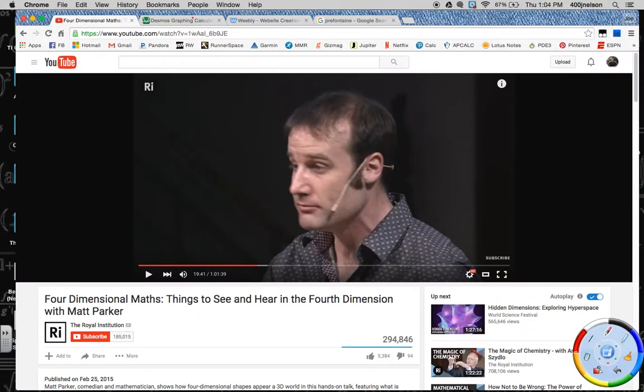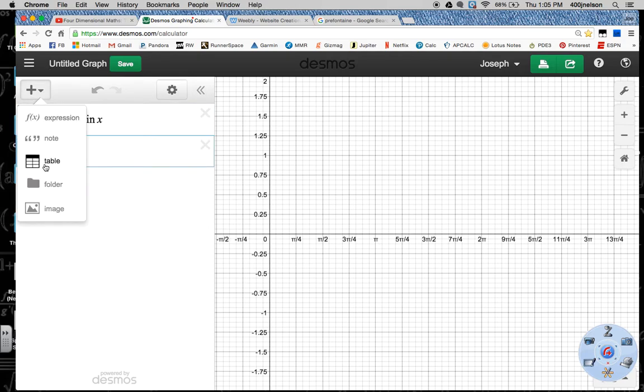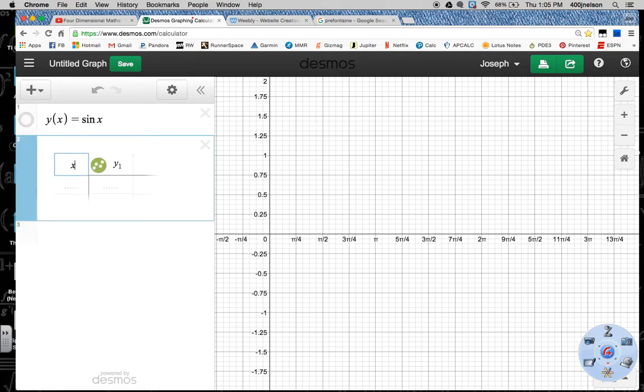There we go. So we're going to look at sine of x, and if you know Desmos, you can actually do this if you would like. You get rid of that undefined. Add a table, just x